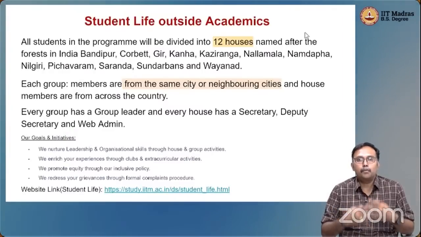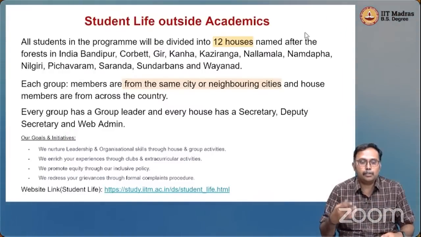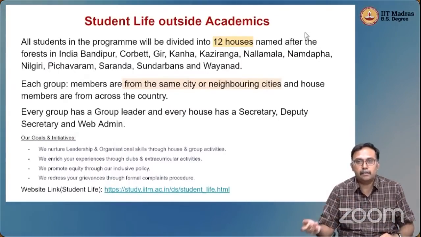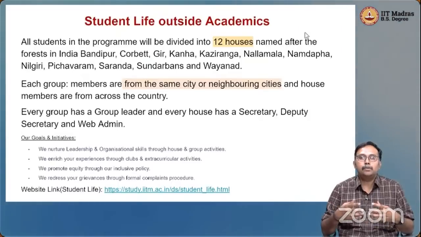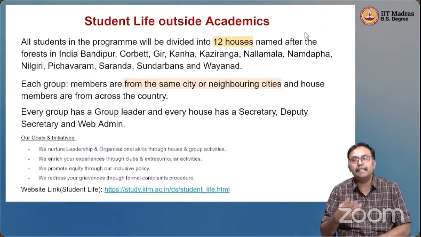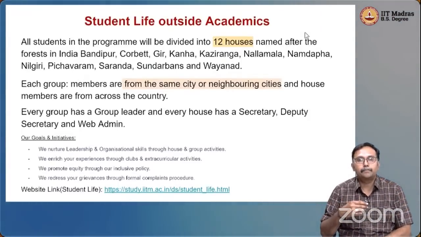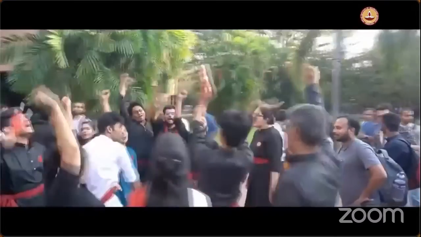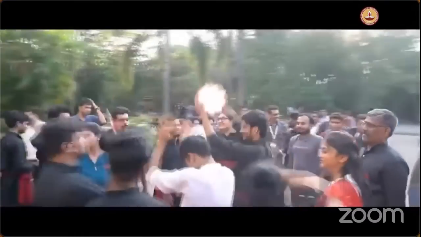We also want to promote equity through our inclusive policy, and this environment of houses gives a mechanism for addressing grievances also, so that in case there are some challenges you are facing, or if you have some issues where you need help from another student, this house structure can help you seek that help in a fluent way. So in addition to these houses, we have the flagship student fest, which is organized here at IIT